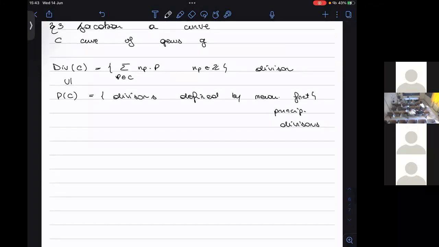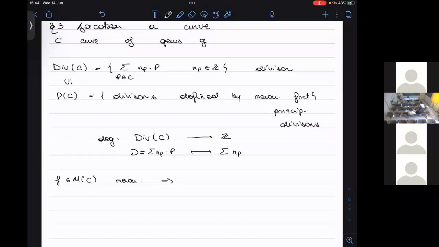Also, I have to recall that there exists this map. You can define the degree of a divisor. So we have this map from this group to Z, which sends any divisor to its degree. And if you consider F a meromorphic function, then one can prove that the degree of the divisor associated to F is